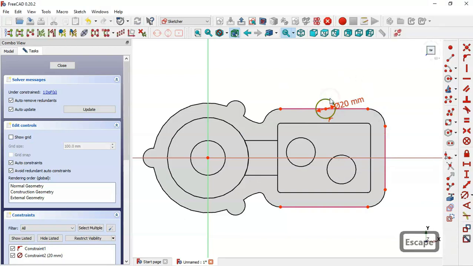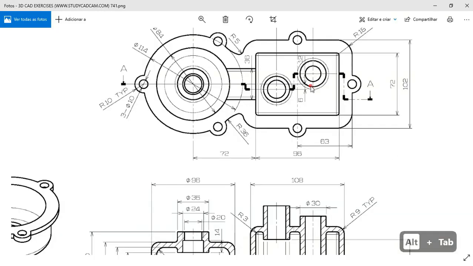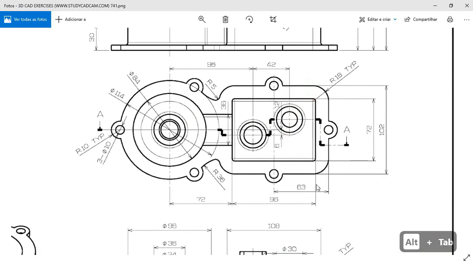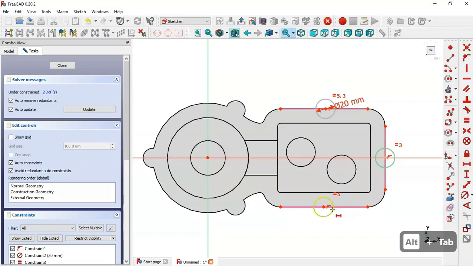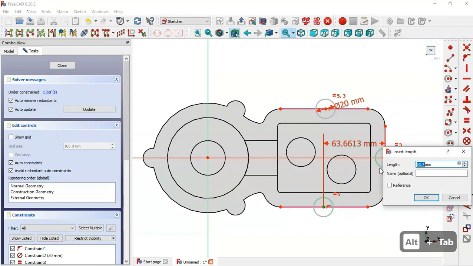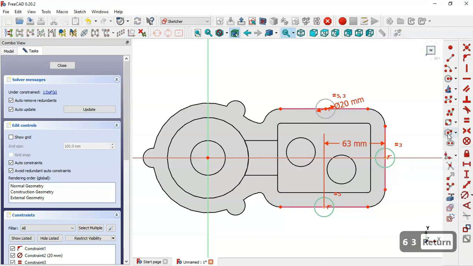Okay, and now we clone this sketch, click on this option. Okay, select again this circle and clone. Okay, and now here we select this constraint here, and now we select this point and this horizontal line. Okay, and here as we can see we have this distance here 63, so we select this horizontal distance tool and we set the distance between the circles to 63, and we set these 2 points